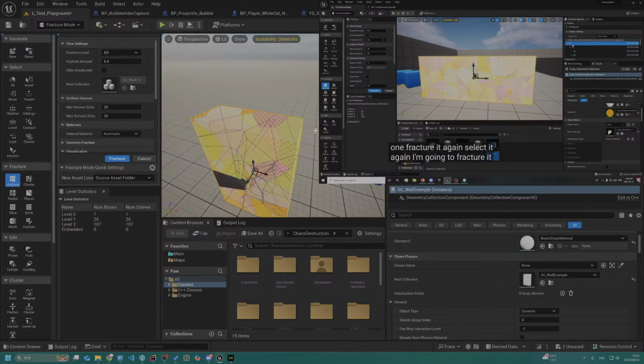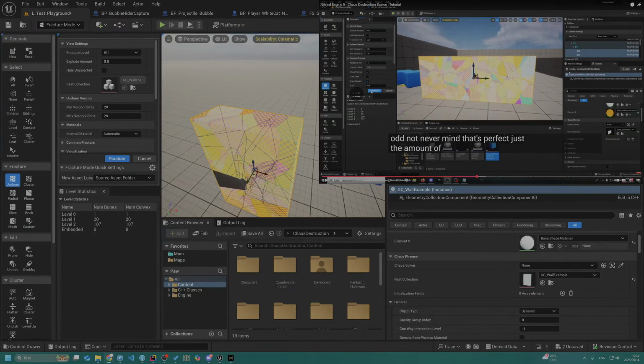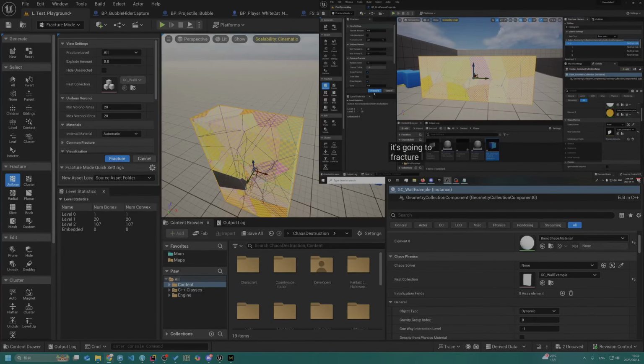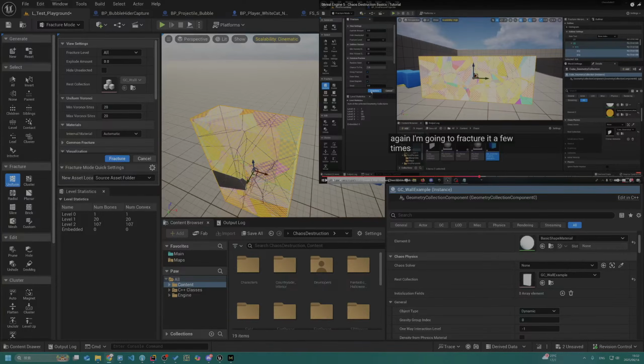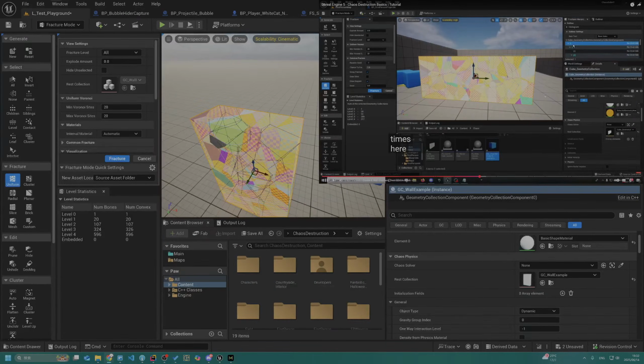I'm gonna fracture it a few times here. Then I'm gonna finally go in and auto